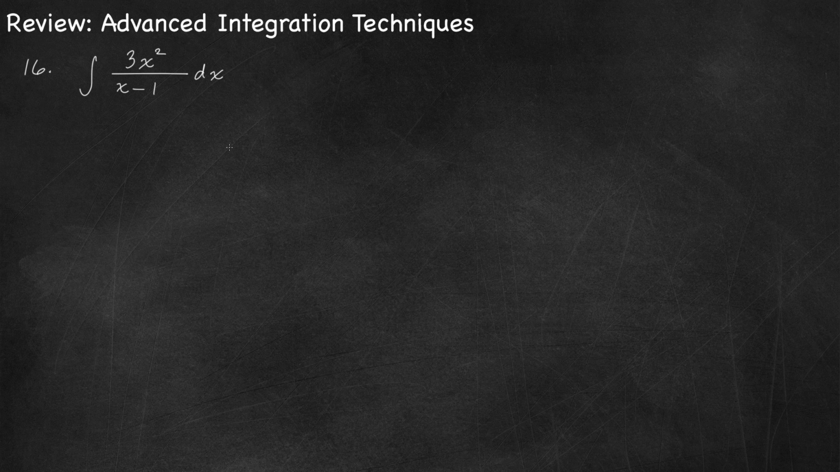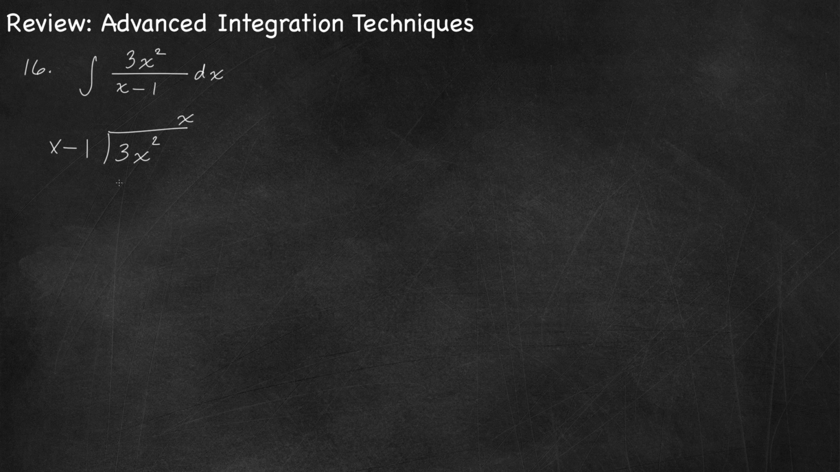Now one way to do this problem would be to u-sub, let u equal x minus 1, and then solve your u equation for x and square it so you can replace the numerator. Another way to do this problem, if we think about partial fractions maybe, or if you remember when the numerator has a larger degree than the denominator, we can use long division to simplify it. So 3x squared divided by x minus 1,